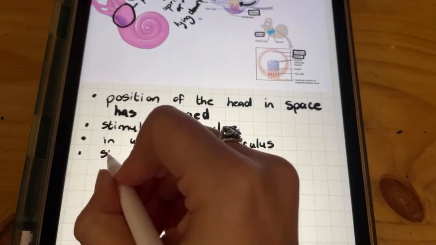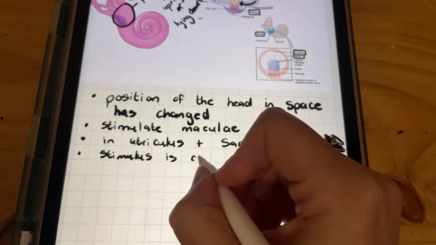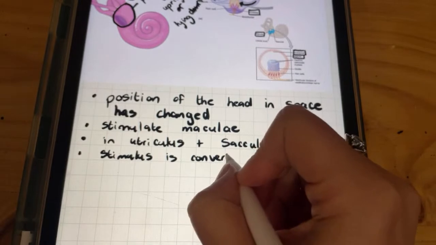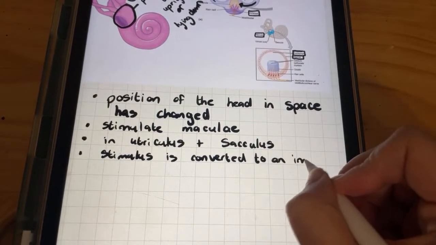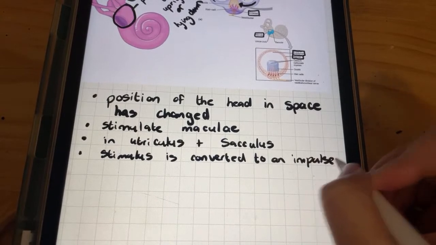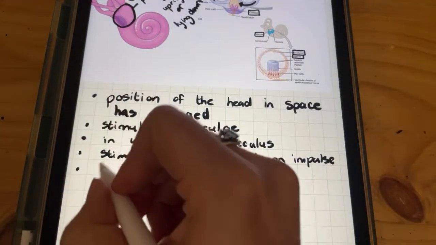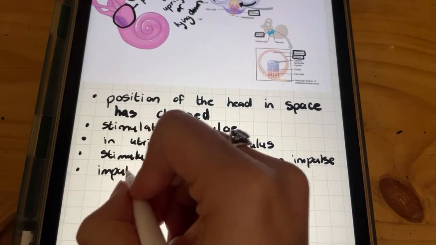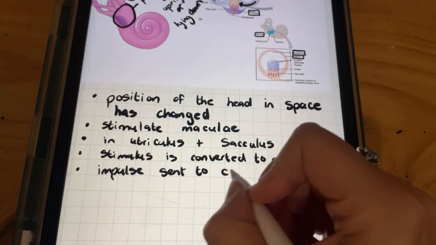And again, you'll see this answer is very similar. This stimulus is converted to an impulse, and that impulse is sent to the